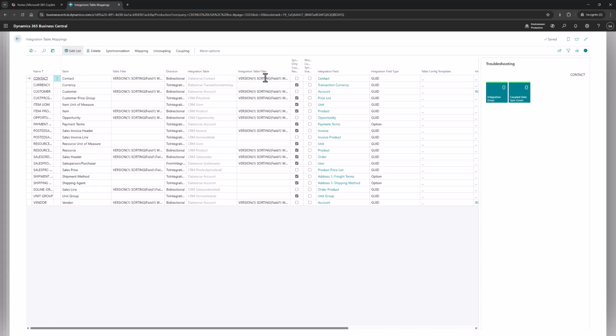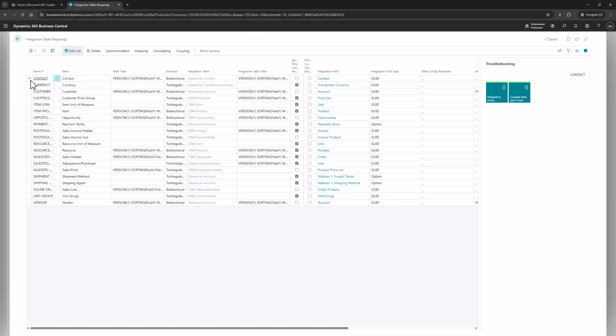And also, you can work on all of these tables and set up different coupling criteria, which means the criteria to integrate between these tables. Without coupling, they're going to work normally, but with coupling, you're going to add some more sophisticated rules.